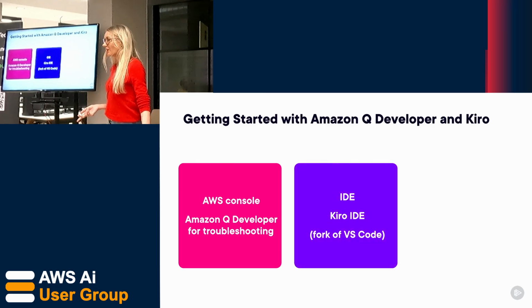If you like to use the IDE, you can use the Kiro IDE. It's actually a fork of VS Code, so if you like using VS Code, it's a version of that. But it's got this ability to interact with Kiro already built in. So you've got the ability to chat, to integrate MCP servers, and to do loads of other things if you like